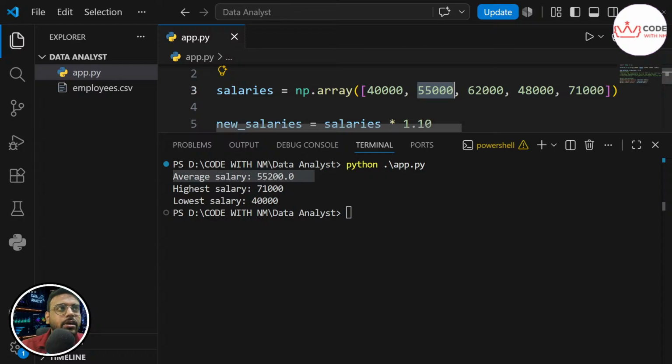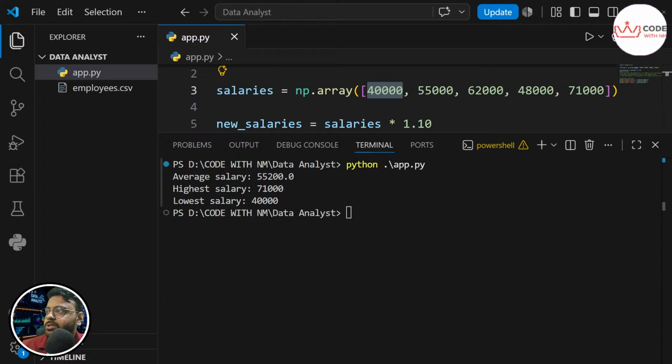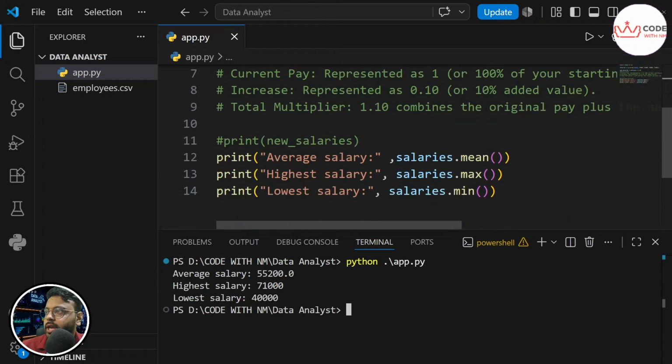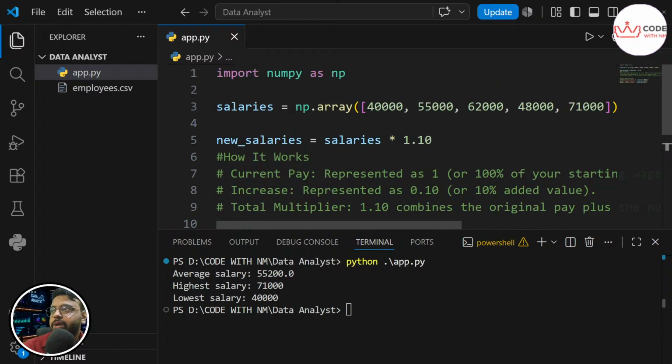I think if you got it, you got it. If not, I will explain. The highest salary is 71,000 here, and the lowest salary is 40,000. So how this 55,200 came is from line number 12, and it is the mean of everything. So what is mean? Anyone? It's basic mathematics.